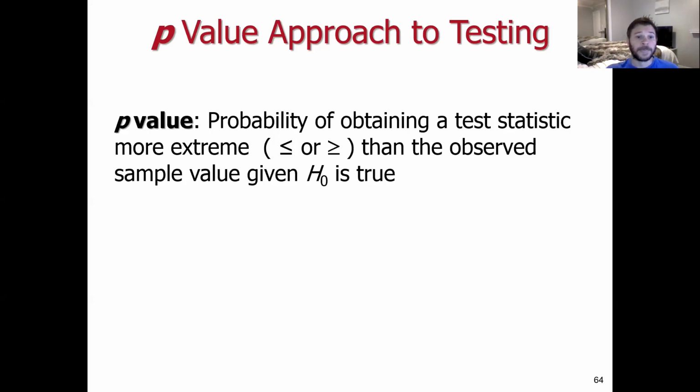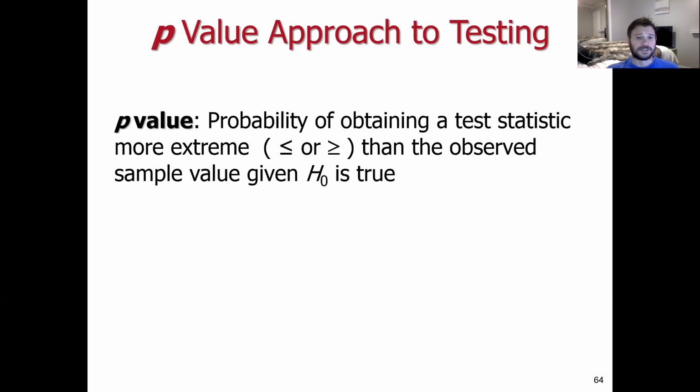mean under the null. The p-value approach is a slightly different perspective on running the same type of hypothesis test, except it doesn't really require you to specify a level of significance up front, an ad hoc user specification, which is kind of nice. A lot of software packages will report p-values associated with running hypothesis testing. And if you know the p-value, it's very easy to just compare that to an arbitrary level of significance and understand the strength to which your evidence is conveying whether or not you should be rejecting that null